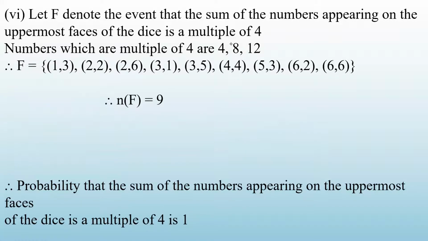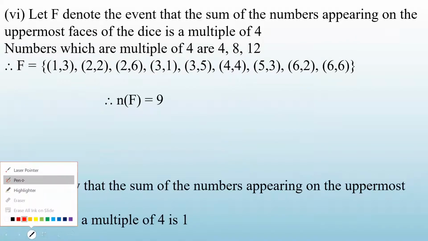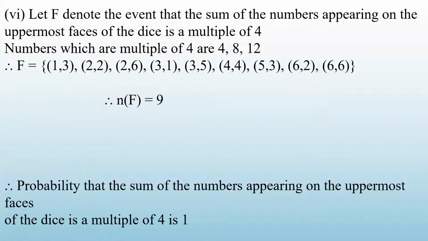Now, what is the meaning of multiple of 4? क्या मतलब है इसका? ये भी मैंने आपको एक लेक्चर में बताया था. Multiple of 4 means what? जो 4 की टेबल में आते हैं, like 4 into 1, 4 into 2. Multiples of 4 means 4 into 1, 4 into 2, 4 into 3, 4 into 4. ऐसे. So multiples of 4 are 4, 8, 12. उसके बाद 16 आएगा, but I don't have to go beyond 12 because मेरा max to max sum will be 12. So what are the points? I have to check the sum should be either 4, 8 or 12.